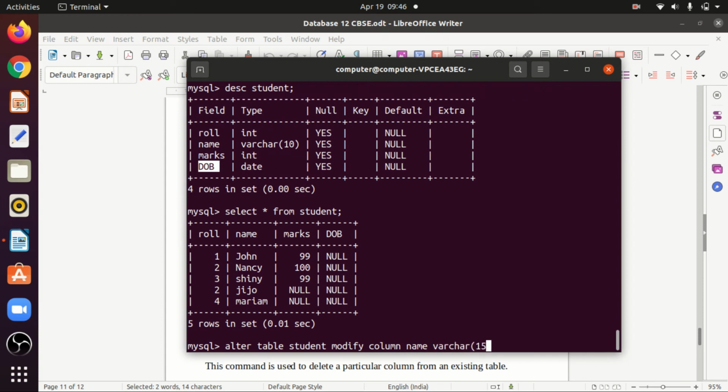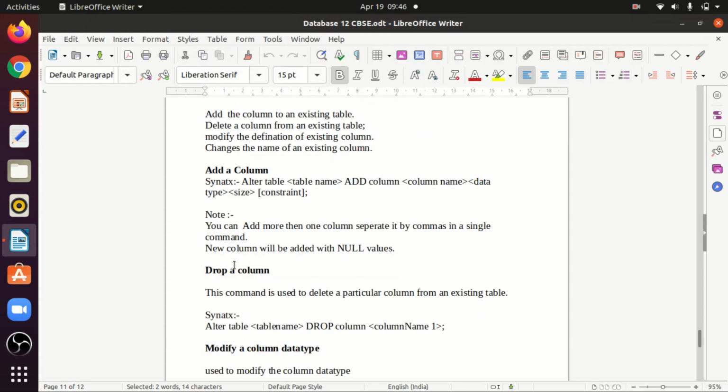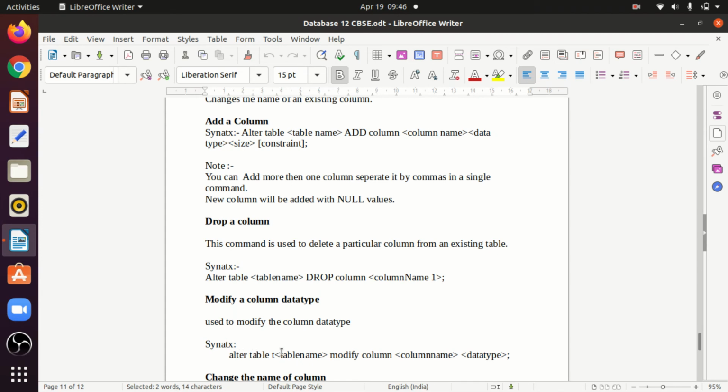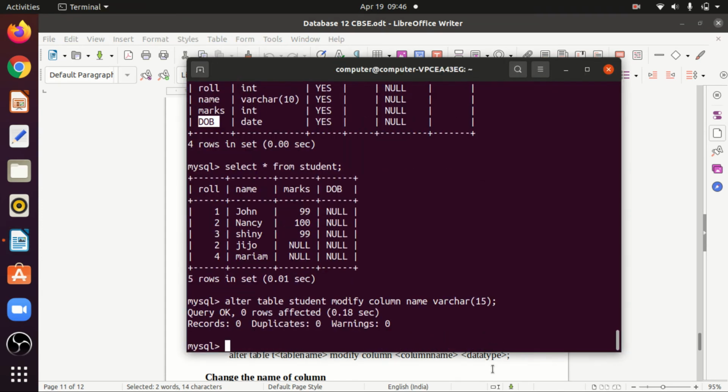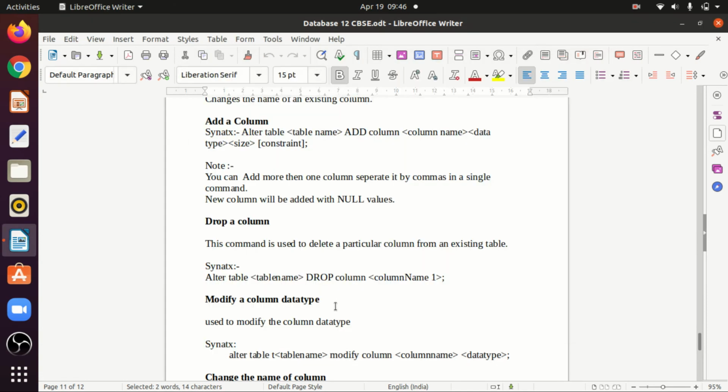Let me check the syntax. Alter table, modify, column name and data type, the syntax is the same. Now if I see the structure, this has been changed to 15. Previously it was 10, now it has been changed to 15. Now there is another option which is called drop.